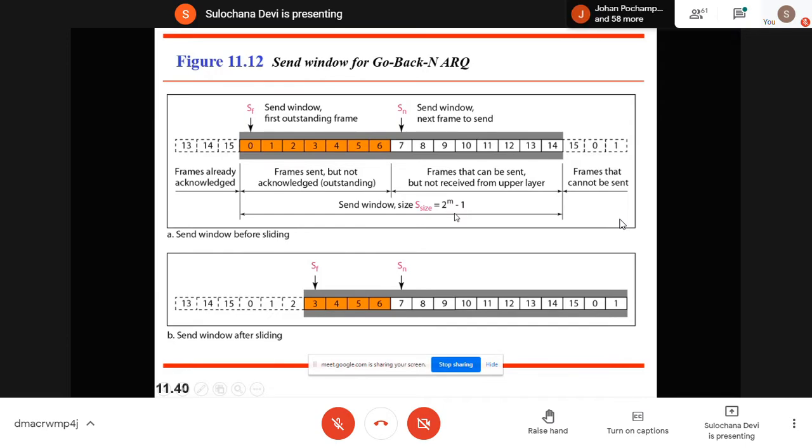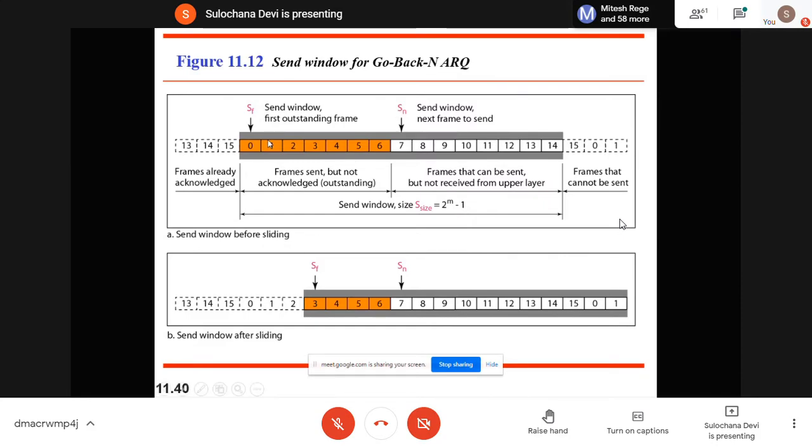Remember this. This is very, very important. Note it down somewhere. The size of the window for go back N is 2 raised to power m minus 1. It means you can send one frame less than the total number of possible sequence numbers. Those many frames you can send without waiting for acknowledgement, and all those frames are kept under one window. It means you can send those frames which are kept in that window. We call that window a sliding window.